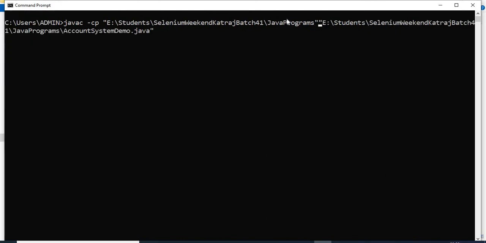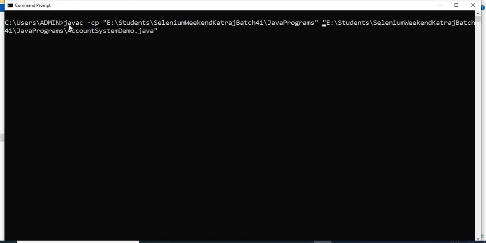But to be on the safer side, I'm mentioning the path in double quotes. Always have a habit of mentioning paths in double quotes in the command prompt, so that if you have spaces, it will not create a problem for you, right?